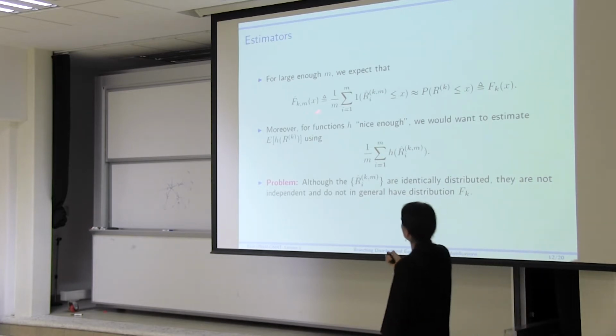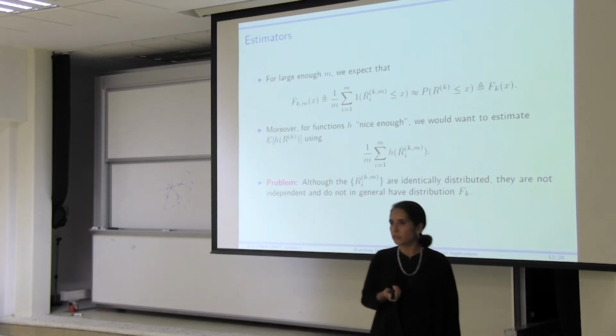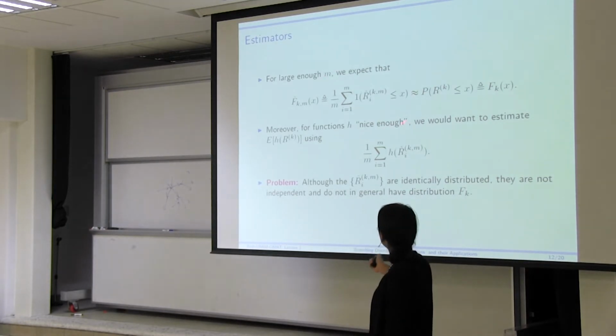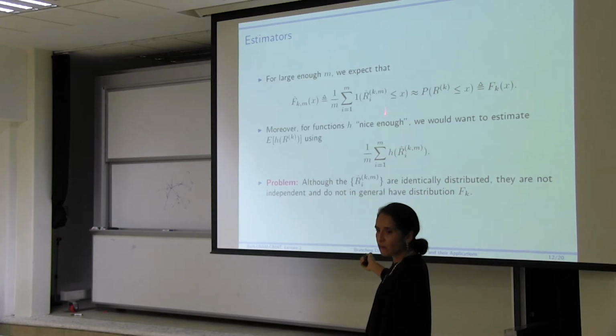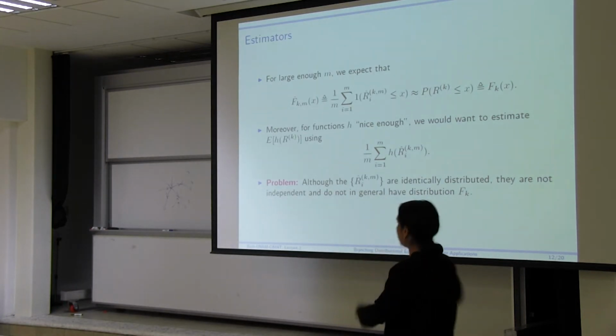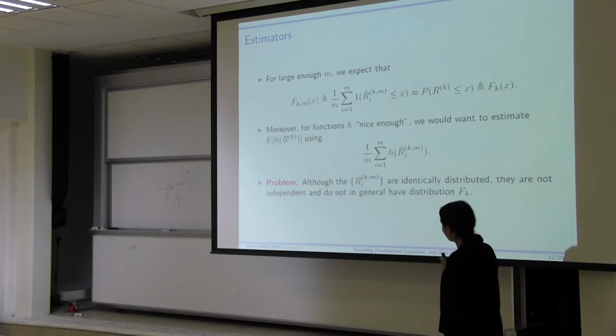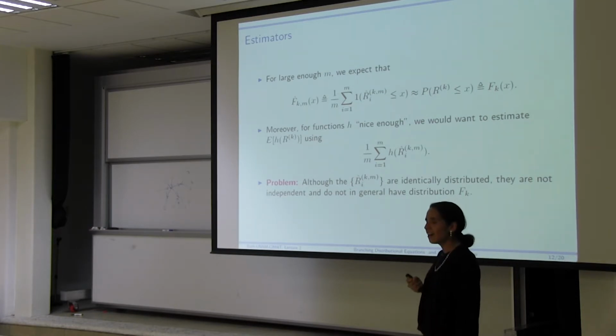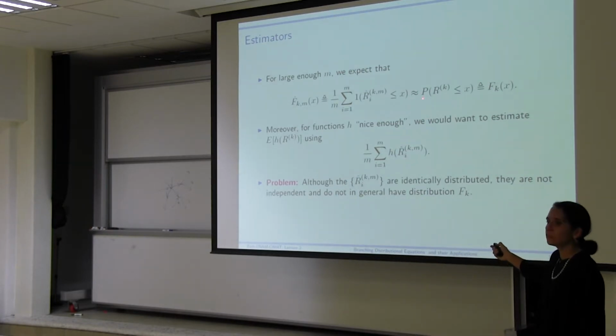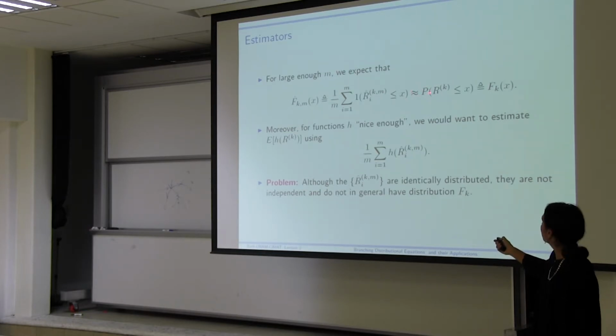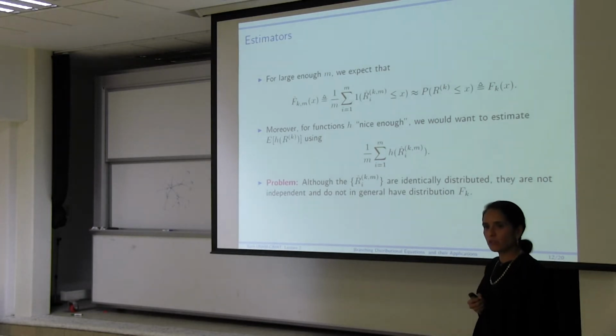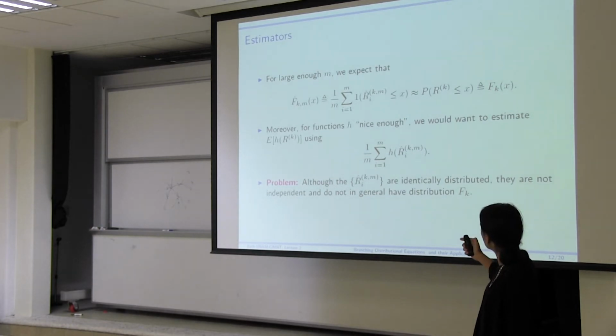Well, you get a pool of size M, which you can use to construct your empirical distribution function. So this is the empirical distribution function of that final set of pool values that I'm getting, my final sample, which are identically distributed but not independent, and they're not distributed according to what I would like them to be. However, if everything is good in the world, what you expect is that all that dependence and all those things that we've been doing are not messing things up badly enough, in such a way that I still have, at least in an approximate sense, something very close to what I originally was looking for. So this guy over here.